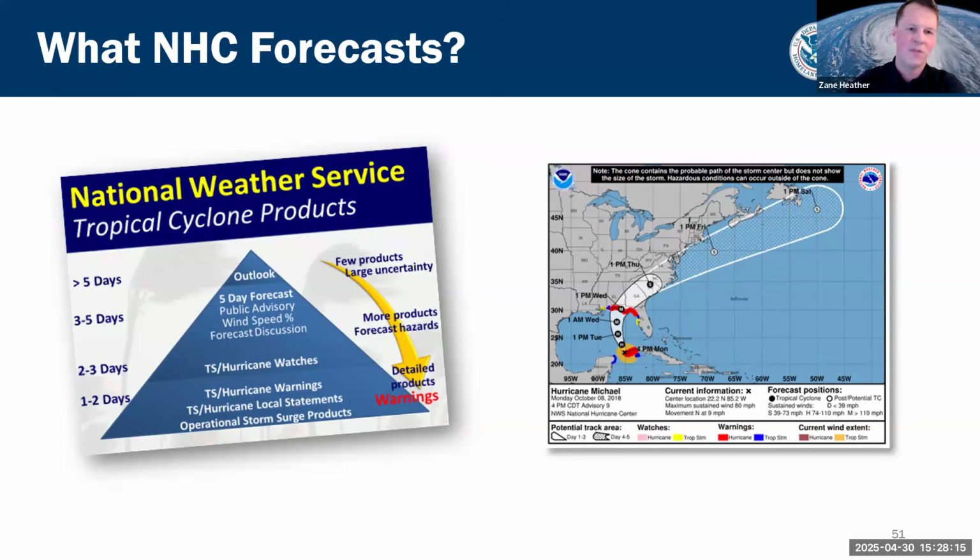So on the left, you've got the pyramid of products available. You were walked through that in this last unit, but essentially, depending on where we are in the year and where the threat is and how credible the threat is, there'll be different planning products or operational forecast products available to you and the general public to make informed decisions off of, with those products getting more informative and probabilistic in nature as that storm approaches landfall.